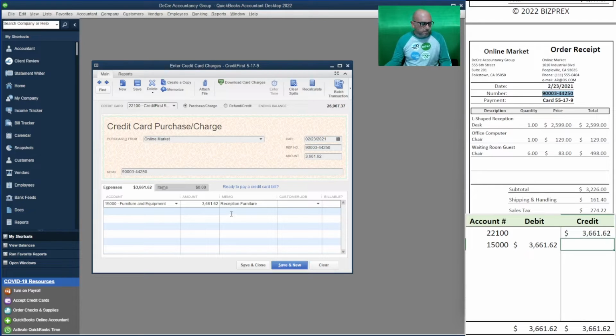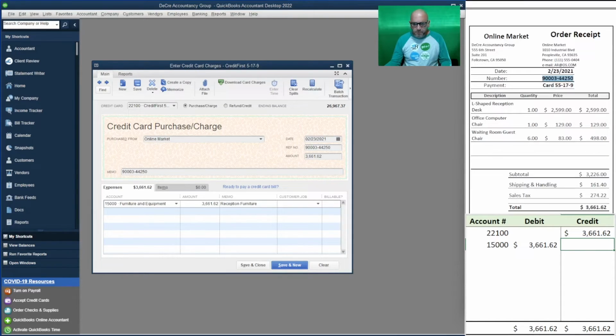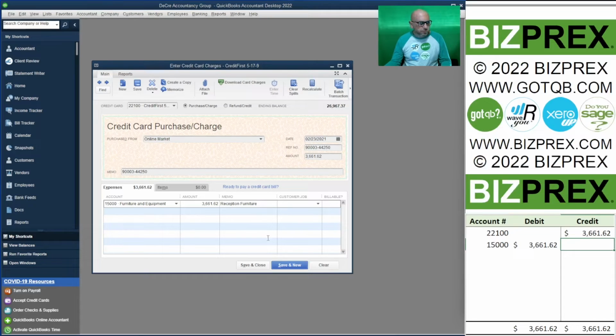Debits and credits are in balance. This amount right here, right? It's a credit to account 22,100. And this amount right here, it's a debit to account 15,000. 15,000 is an asset. Furniture and equipment is an asset, and assets go up when debited. It makes sense. We have more furniture, so it goes up. And because we purchased it with a credit card, our liabilities went up as well. That concludes